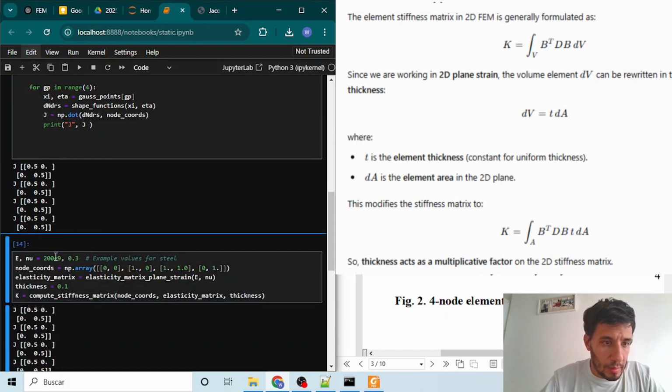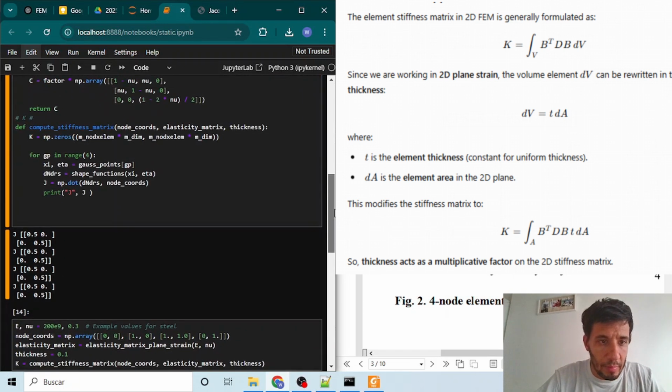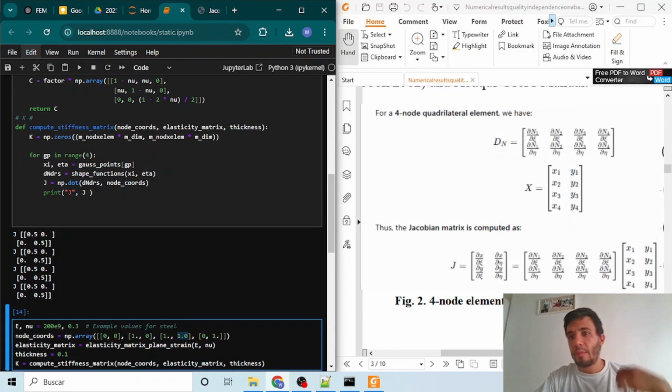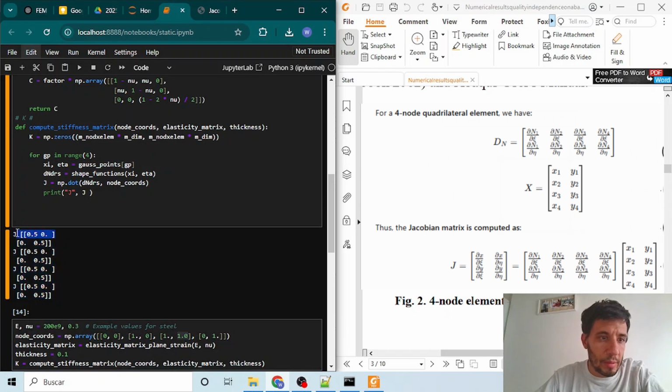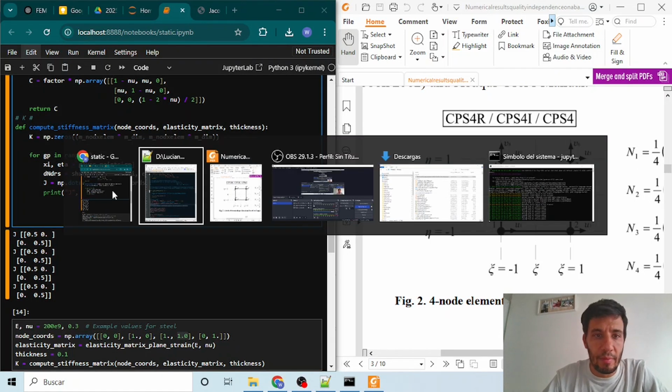Here is the printing of the Jacobian matrix. I will only define the functions here, and here I will build the problem. This is okay because our element, if you see, is one unit of length, and the natural coordinates go from -1 to +1, so it's double. This is the relationship between the global coordinates and the natural coordinates: the dimension of x, which is 1, divided by the internal coordinate length, which is 2. This gives us 0.5, okay?